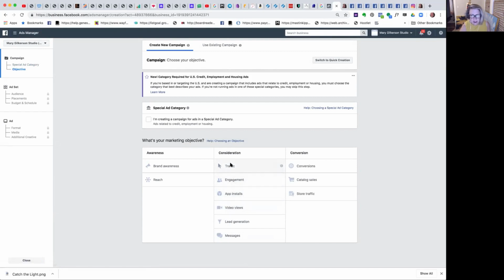So what we're going to choose, because I want people to go to a website, is traffic. So we want to send more people to a destination. The reason I'm picking that rather than engagement is it's more specific about what action I want people to take. So I want people to go to the website. I'm going to pick the goal that is going to tell Facebook I want people to do that. And they're going to look for people who are likely to do that. So when I click traffic,